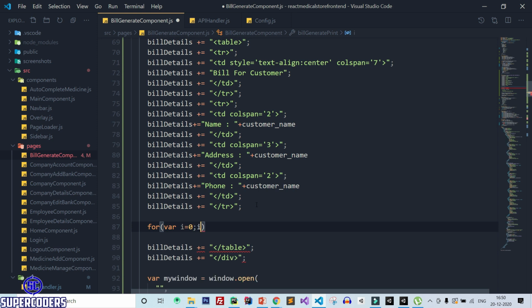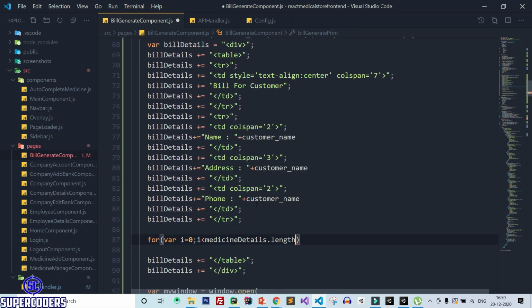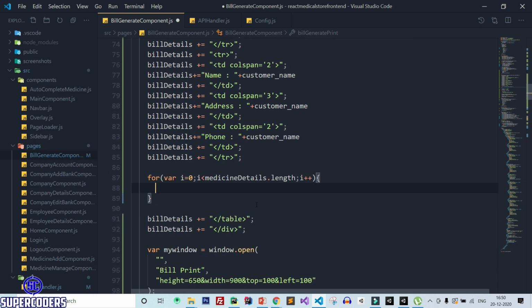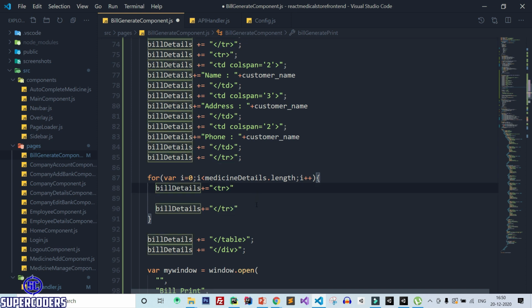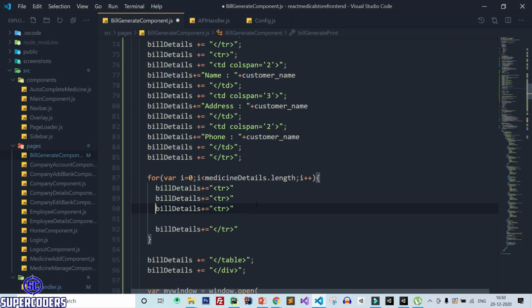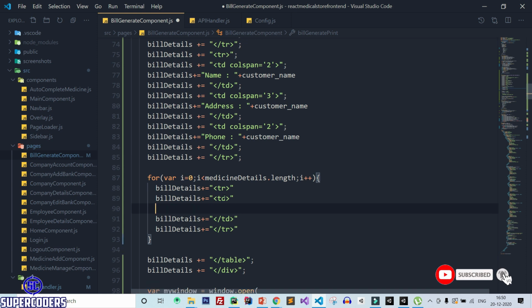So for where i equal to 0, i smaller than medicine details dot length, i plus plus. After that bill details plus equal to tr, then close this tr, then adding td, then adding td. So td close.